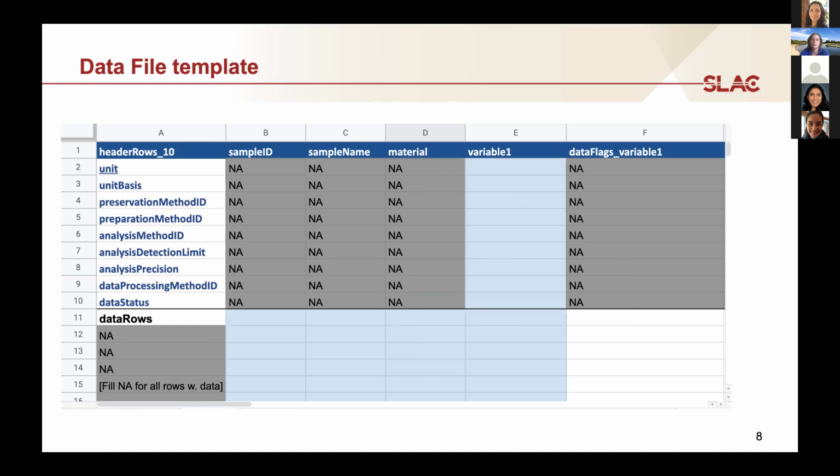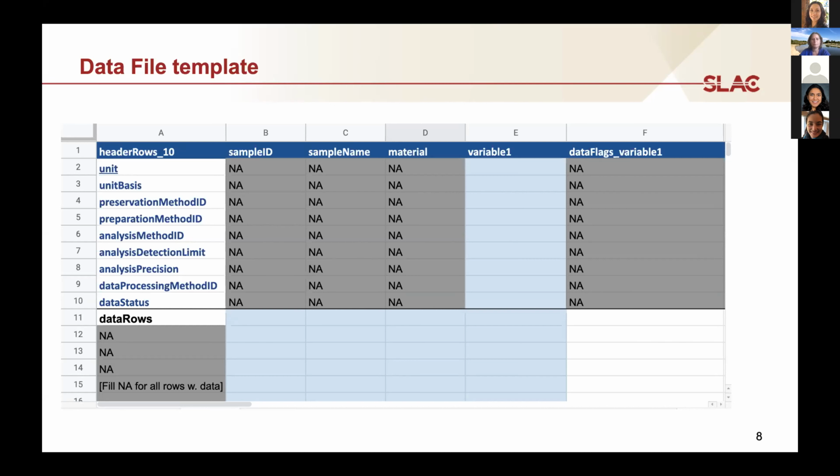And then for each variable, there will be required information. So you have to report the unit, you have to report the basis of that unit. I'll talk a little bit more about that and give examples of what that means. You don't have to report your preservation method or preparation method, but you do have to report your analysis method, the analysis detection limit, the precision, and then the data status. So for example, if you're submitting raw data, that should be noted. If it's been processed, there should be information about how it's been processed and what kind of